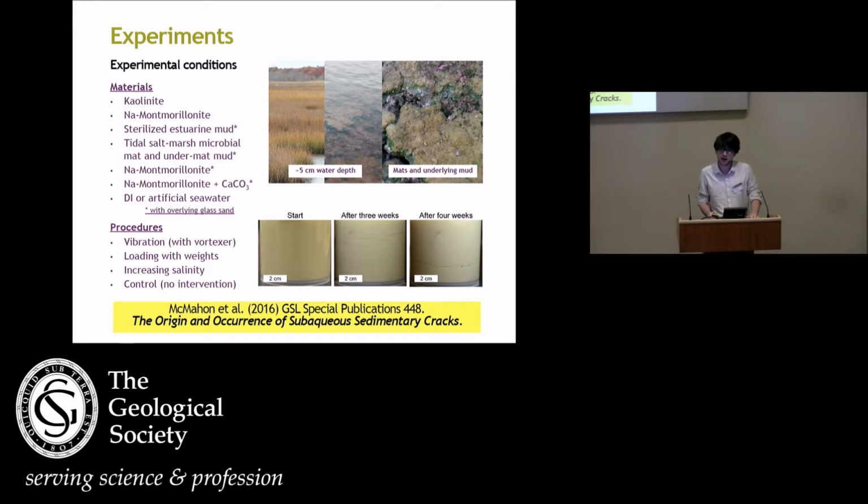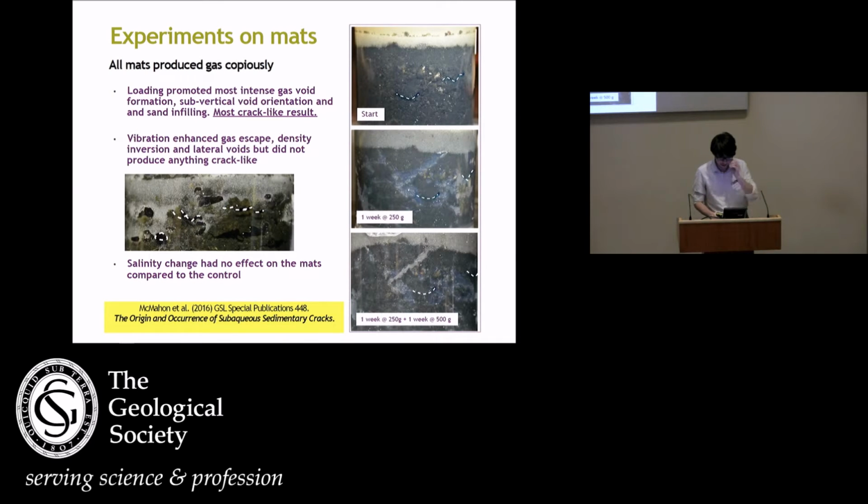But some interesting things did happen involving microbes. So one of our substrates was a microbial mat that we collected from a tidal salt marsh in Connecticut, which was already a bit cracked in its natural environment, but that might just be the result of occasional desiccation. And you can see here the different coloured layers inside the mat. We collected not just the mat itself, but plugs of the microbially very productive, very black mud from just underneath it. And we slotted these plugs of mud with mats on the top into some of our experimental vessels and applied these various treatments to them.